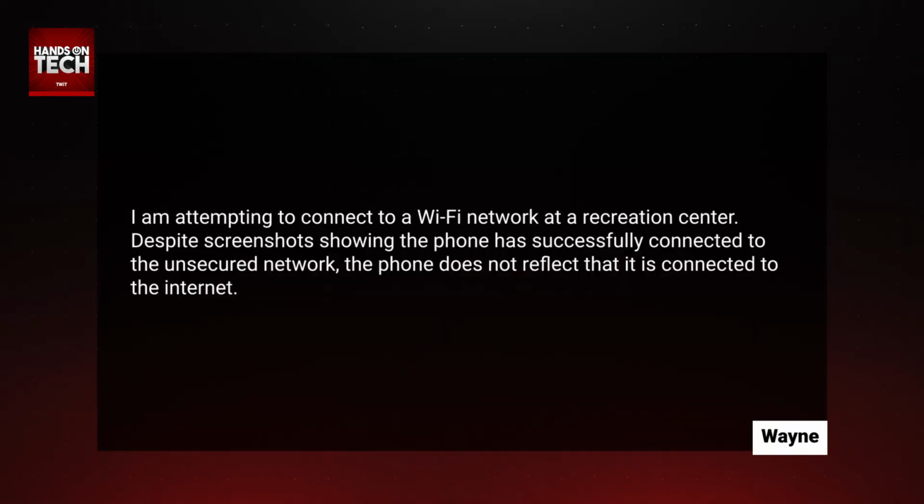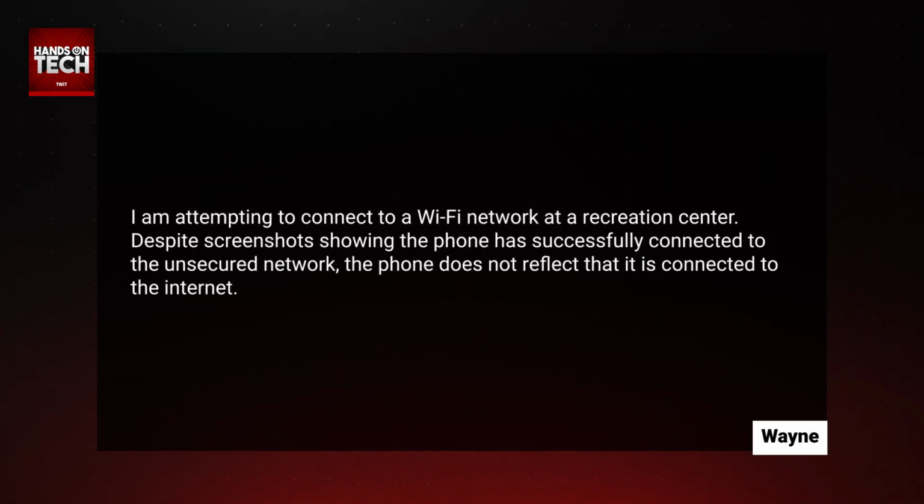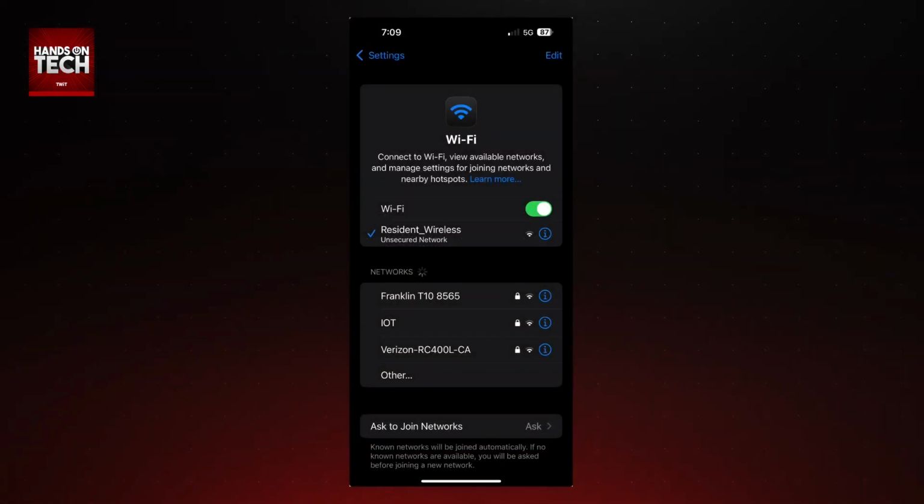The next question comes in from Wayne. Wayne wrote a lot, and also included some screenshots. But basically, here's what Wayne was wanting to know. Wayne is attempting to connect to a Wi-Fi network at a recreation center, and sent in a couple of screenshots showing the phone connected to the Wi-Fi network,